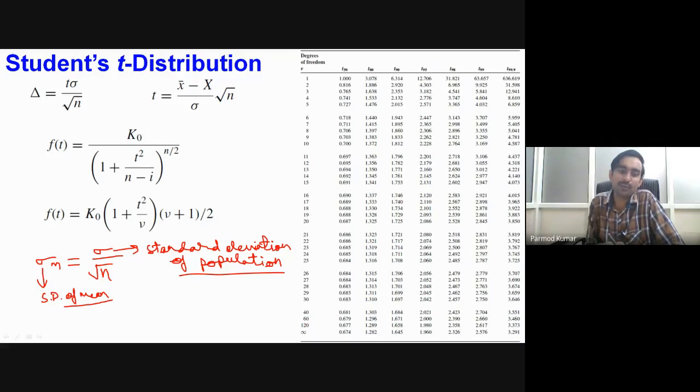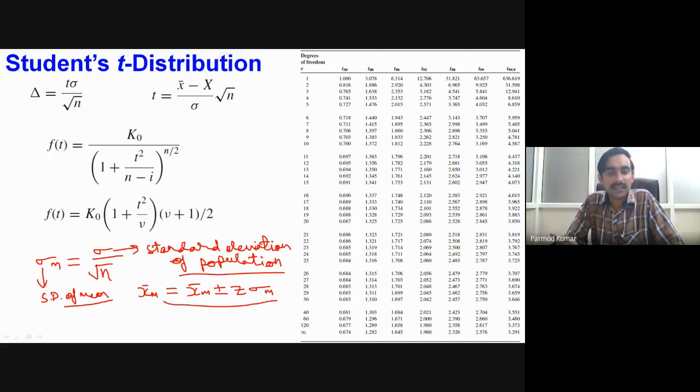If we have this type of formulation, then we can define that our mean lies within plus minus z sigma n. Now, this type of formulation is applicable when our population size is very large. For the situation where the value of n is less than 10, this type of formulation is actually not reliable.